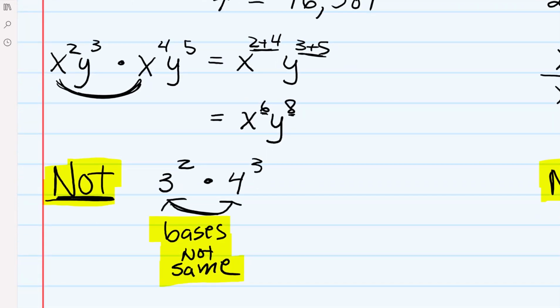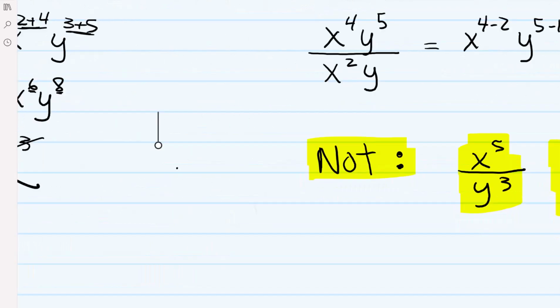Notice, you don't do anything with the exponents when the bases are not the same. You can't do anything. So what you could do there is 3 squared is 9, 4 cubed is 64, and when you multiply 9 times 64, looks like maybe 576. That's the most you could do there. You can't do anything with the exponents. Okay,